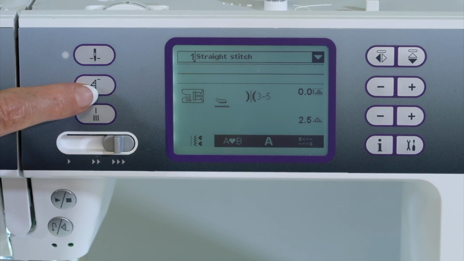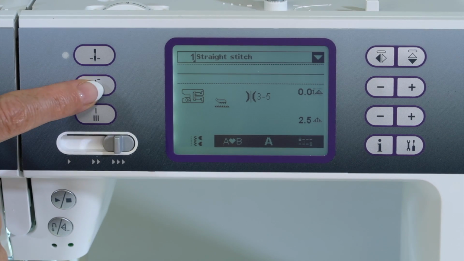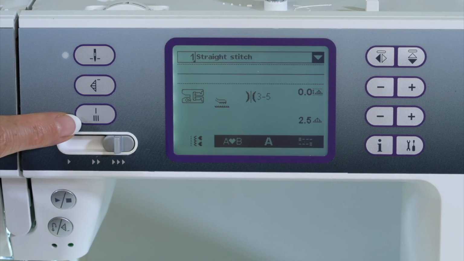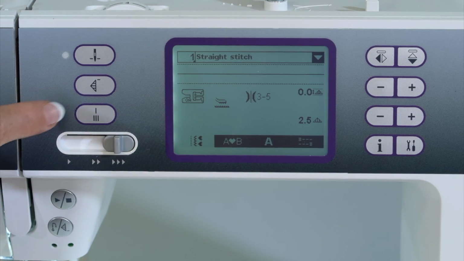This is a finish the pattern type option. So if you're sewing, this will finish a decorative stitch, so you're not stuck with half of a decorative stitch. This is your immediate tie-off. So at any given time, you want locking stitches right where you are. Touch that, and it's going to start to stitch, and then it stops at the end, stitching all in one